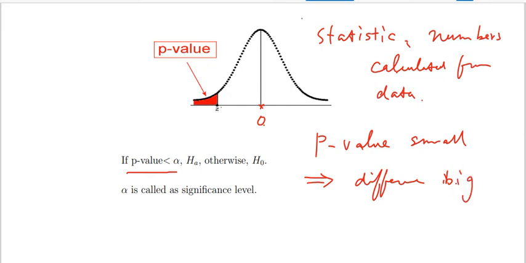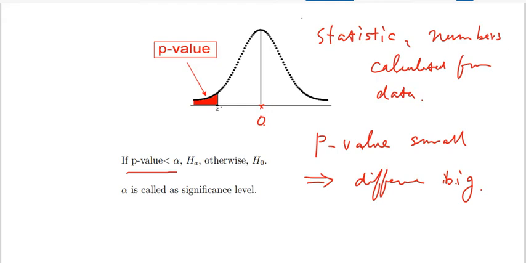If the p-value is small, it means the difference is big, right? So maybe we can reject the claim. Okay, so how can we judge? Also, we can say the p-value is small. So how can we judge whether this is small or big? We need to compare this